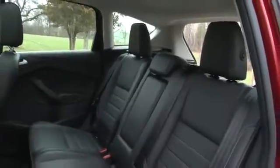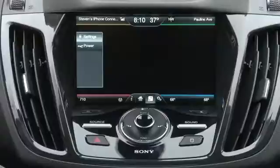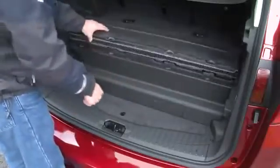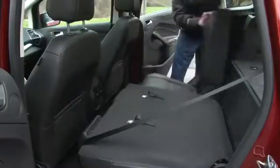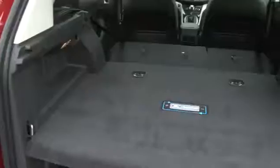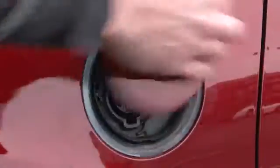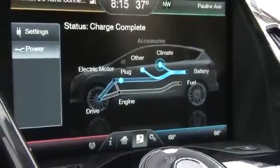But that's not to say there aren't some sacrifices to be made. The 7.6 kilowatt-hour lithium-ion battery used here delivers more than 5 times the energy of the battery used in the hybrid, and thus eats up more cargo room. There's 10 cubic feet less behind the first row. So the C-Max's versatility definitely takes a hit. And though you can plug into a regular household outlet to recharge in about 7 hours when fully depleted, a 240-volt quick charger, like the ones found at grocery stores and hotels, takes only 2.5 hours and would be an